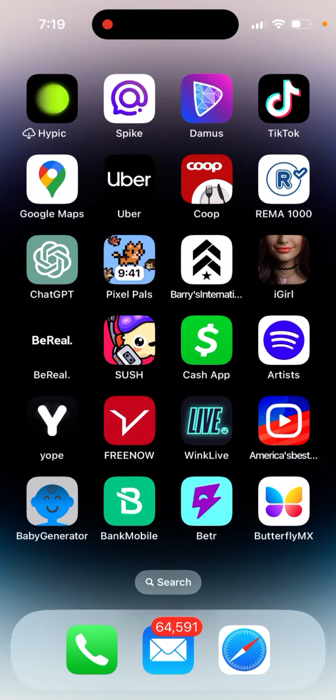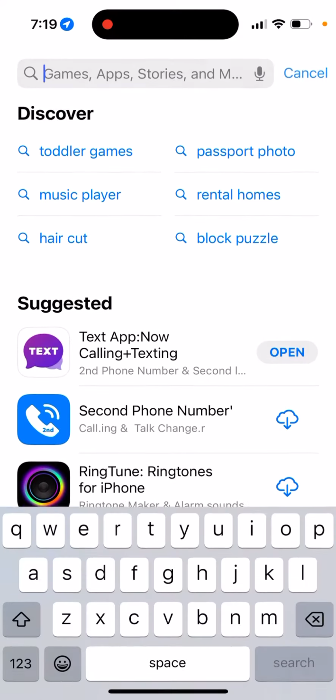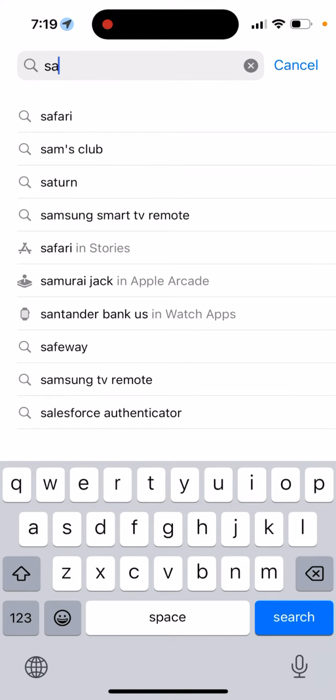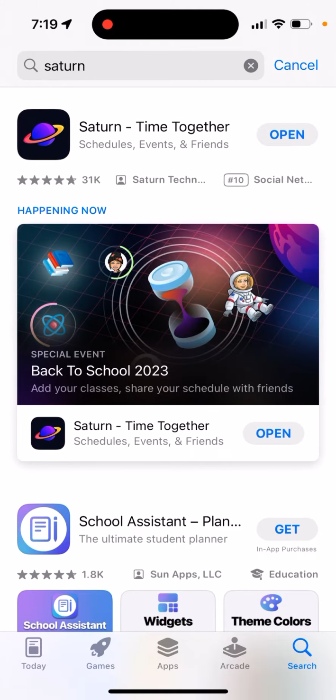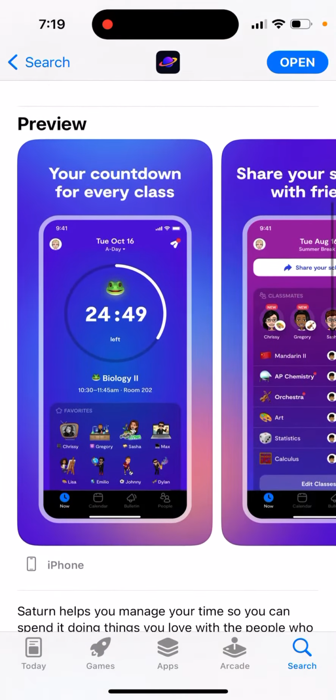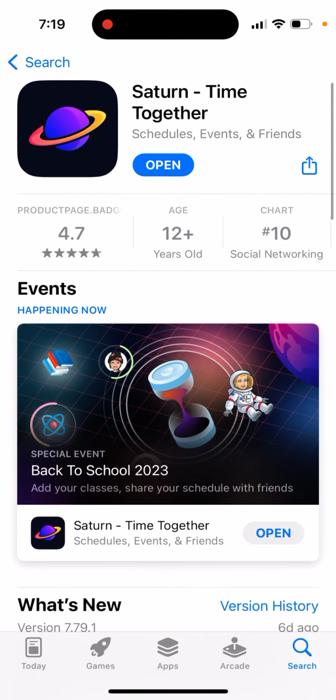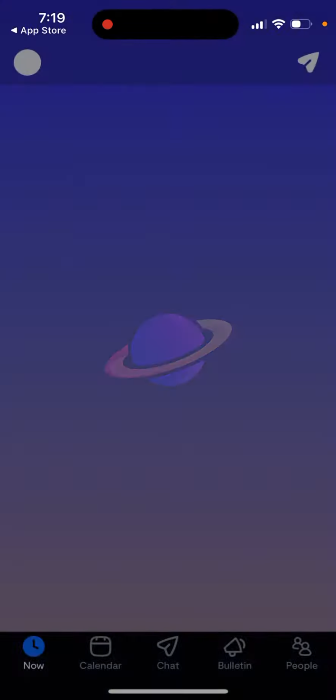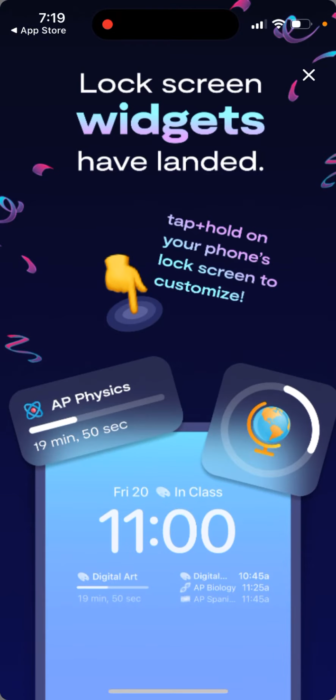So first of all, you need to go and obviously install the Saturn app. Just tap and install Saturn. So here is the Saturn app. It's a very popular school app. Then basically you can just open the app, make sure you log in, join your school, and then